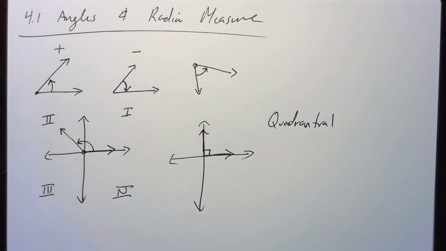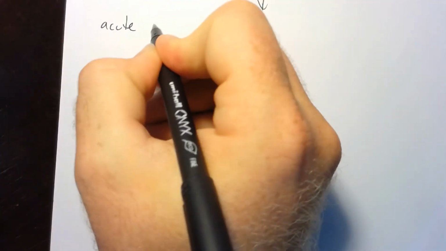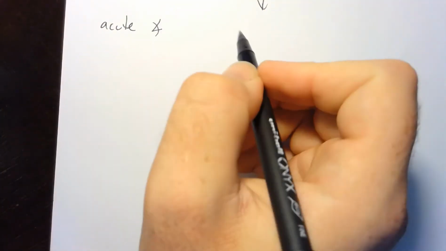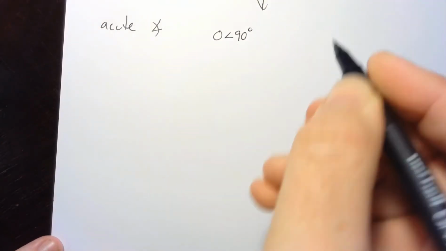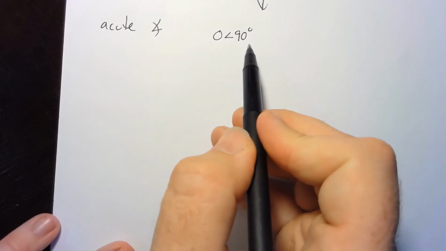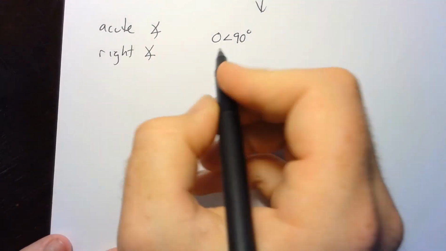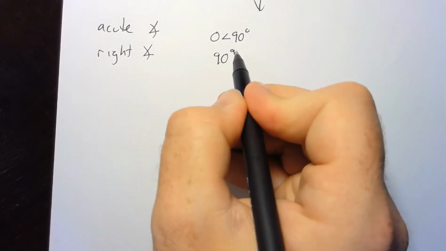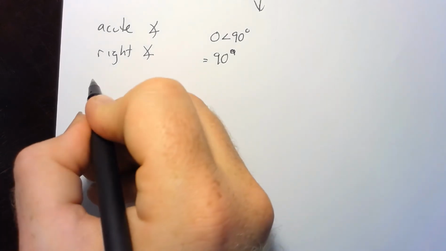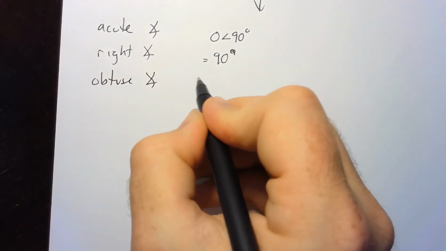So now let's talk about the basic definitions of how we identify these angles. We can have an acute angle, and I'm going to abbreviate angle like this. And an acute angle is specifically 0 to 90 degrees. That means that it's not 0 degrees, nor is it 90 degrees. We can have a right angle, which sits in between the next two definitions. It is actually equal to a 90-degree angle, while we can have an obtuse angle, which sits between 90